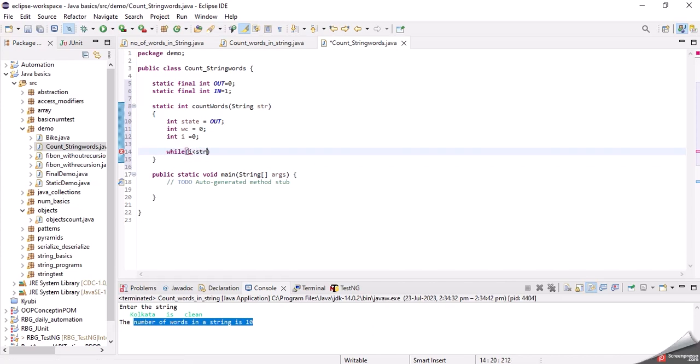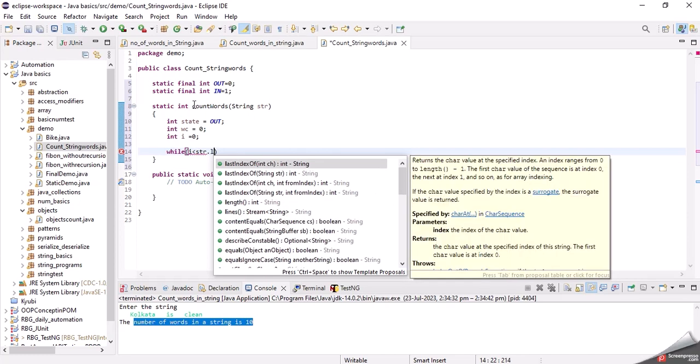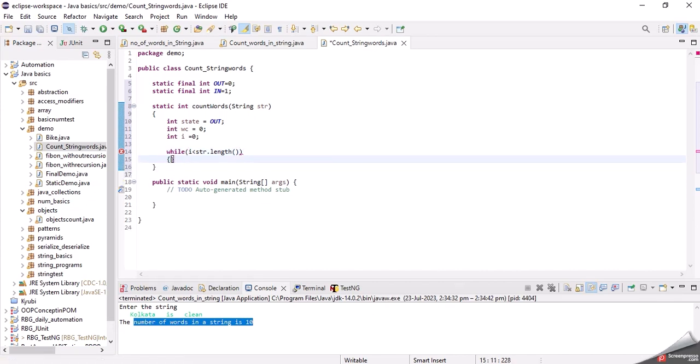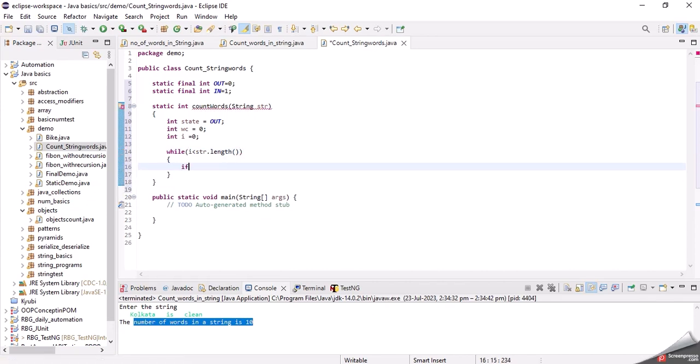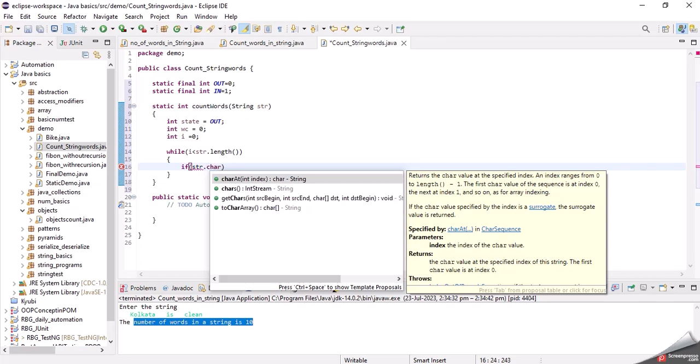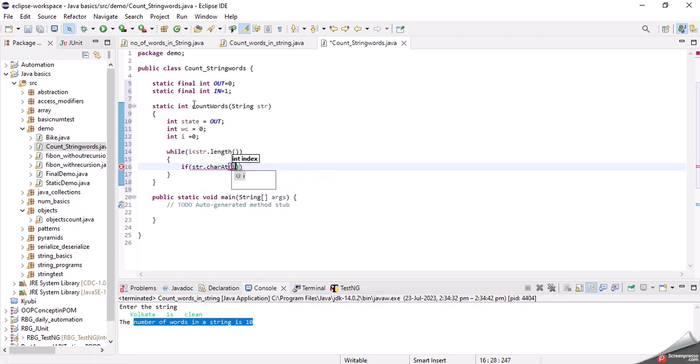i less than string dot length, right? If string dot, now we are also going to consider the spaces. So if the next character is a separator, we are going to give the status out. Okay, so if string dot character at i equals to space